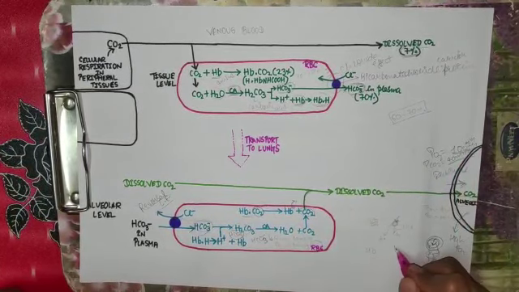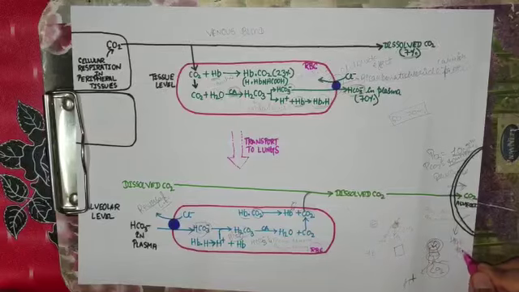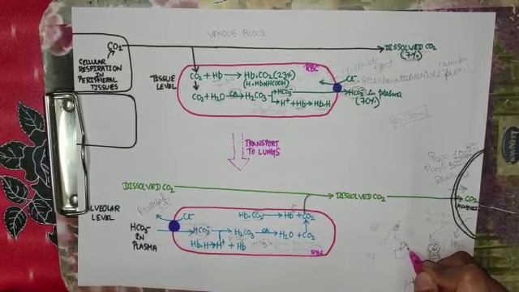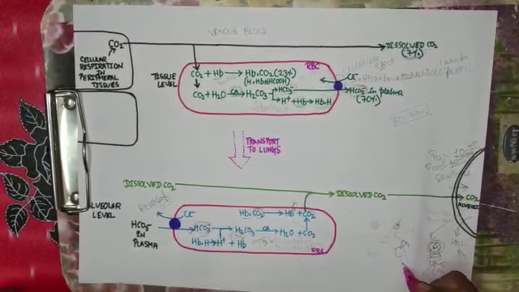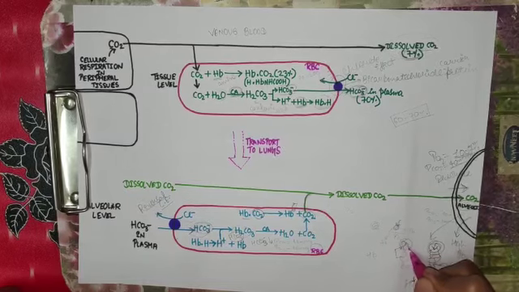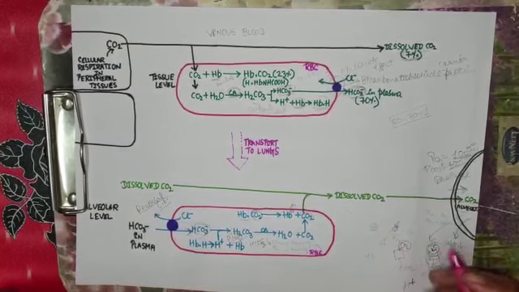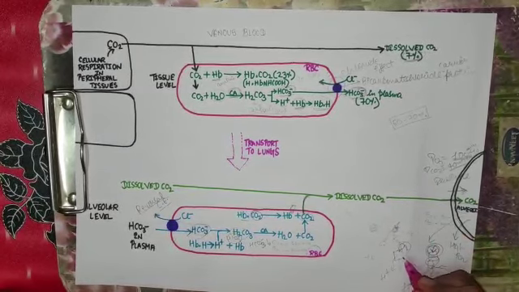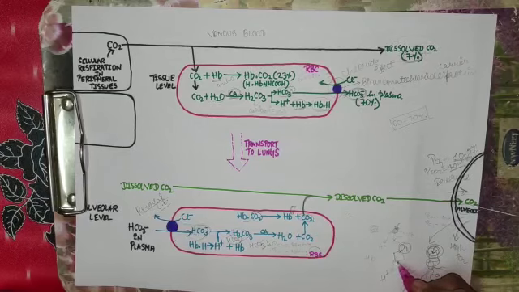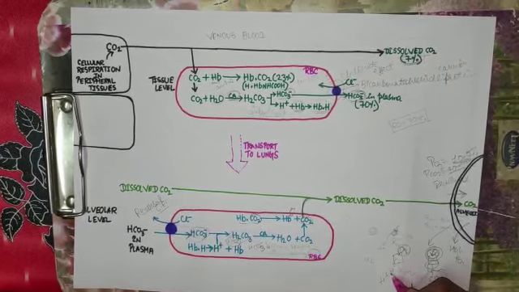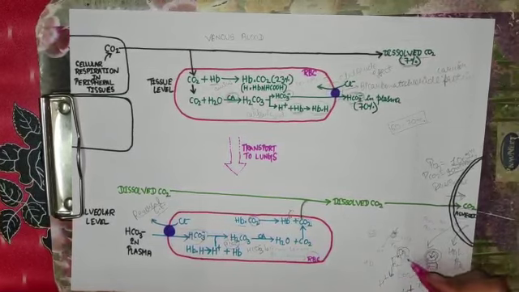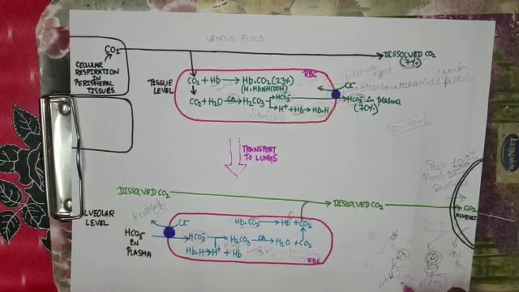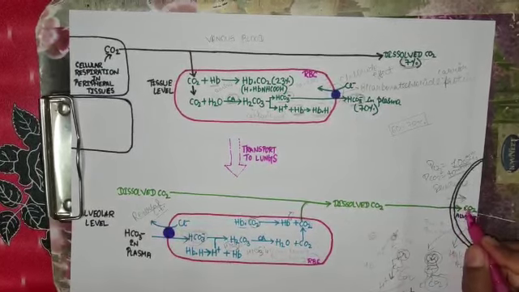So imagine this is a hemoglobin molecule, and this oxygen has entered here, and it will bind to the hemoglobin. And as you know, hemoglobin is already bound to CO2. So binding of O2 to the hemoglobin will make some conformational changes, and an H plus ion will be released. So the acidity of hemoglobin has decreased, and due to the decrease of acidity, CO2 will dissociate from here, and it will move into the alveoli, and it will be expired out.